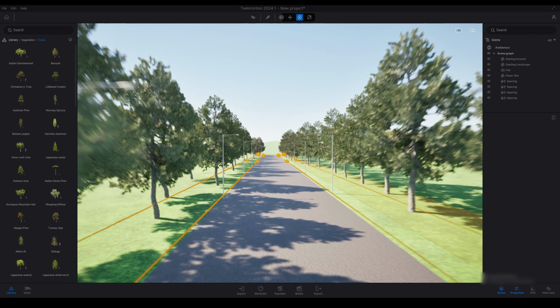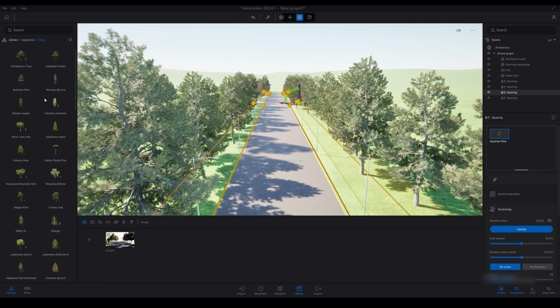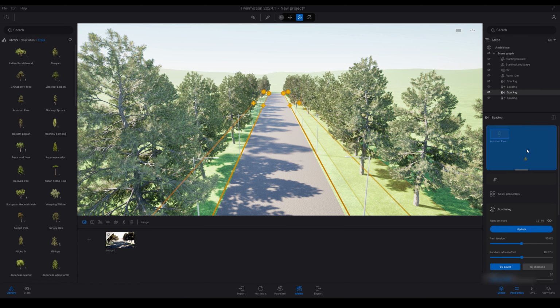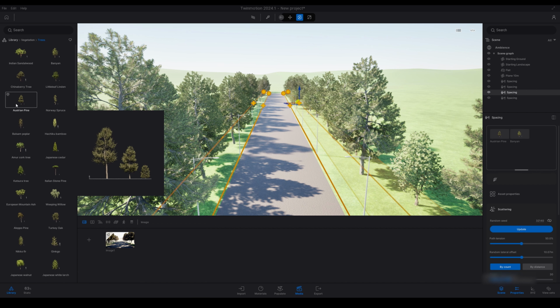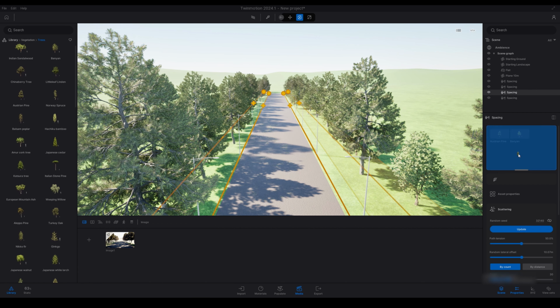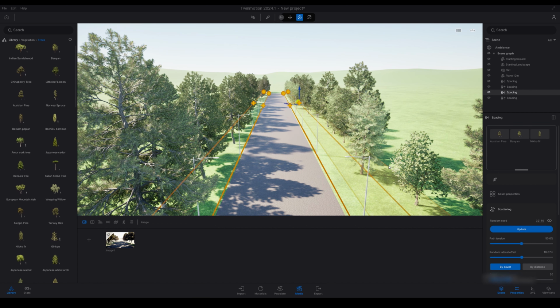So now that that's done, we can go ahead and add some more randomization to our spacing lines here. So we can go and drag some different trees into that box. So we've got the Austrian pine in there at the moment. Let's add a banyan and a Nico fir. So you can see now it's added some different trees to that line,